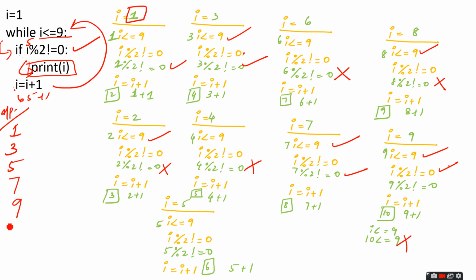So this is the program code to display the odd numbers from a set of numbers. In this way we can print the odd numbers between 1 to n. Okay. Now next,